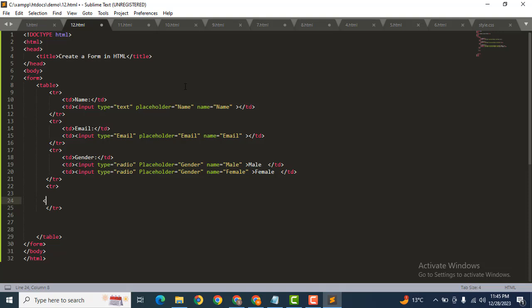Now add here input type is equal to password, placeholder is equal to password, value is equal to password. So now let's close this tag, and after that